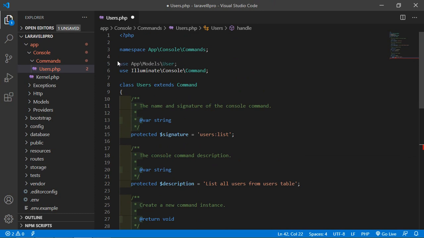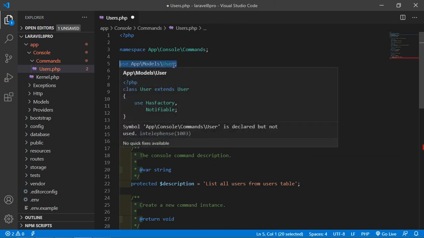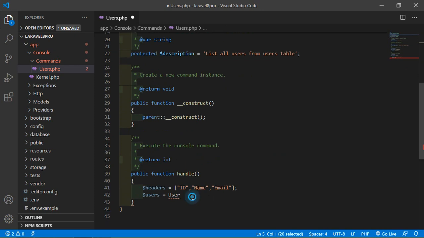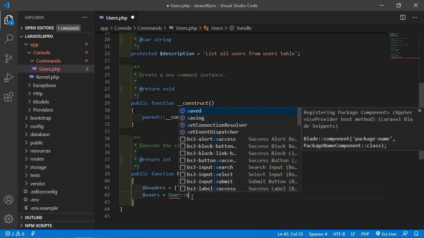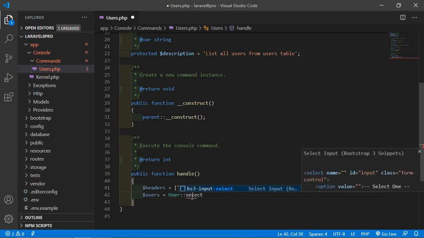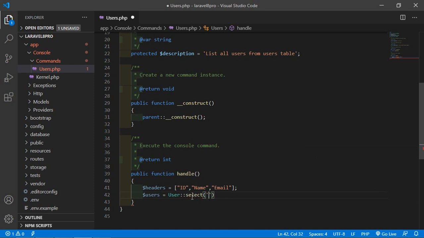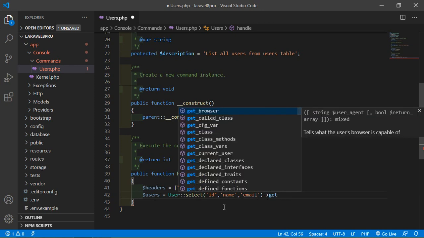Also import the User model, so write use App\Models\User. Okay, and now call the select function, and inside select add the columns: id, name, email. And call the get function.